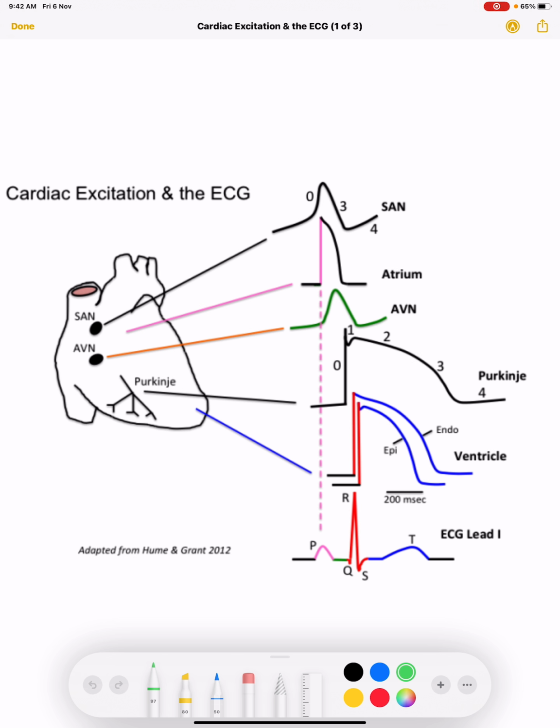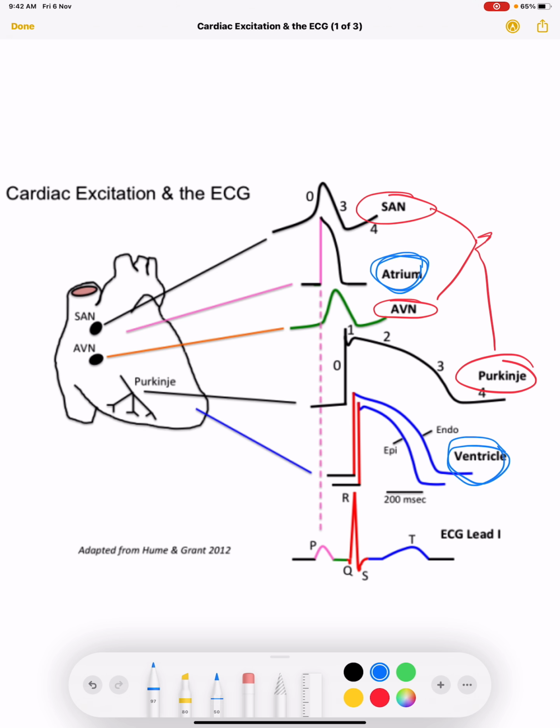We know that we have different types of tissues in the heart. Some of them are called conducting tissues, which include SA node, AV node, and Purkinje fibers. So these three are the conducting tissues of the heart. And some of them are the contractile tissues, which are the atrium and ventricle. So we have a total of 5 different types of tissues. 3 of them are conducting, and these 3 labeled in red are also called pacemaker cells